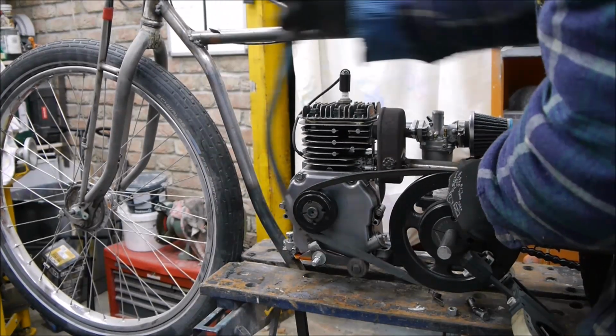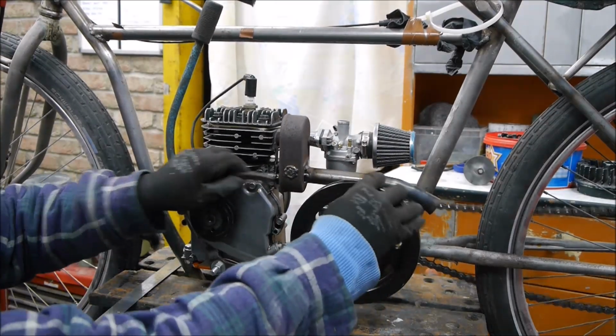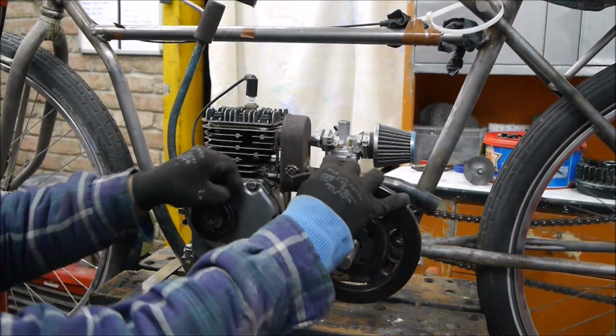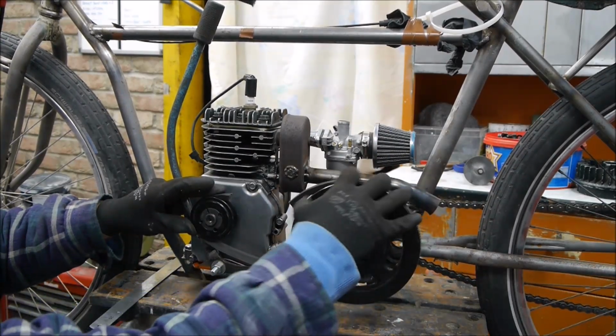So probably the next thing to do is bolt the engine down, and let's see where we go from there. So after playing around a little bit, I think what I need is a drive belt that's 100mm longer than what I currently have, which I don't know if you can see, probably can't because my arm's in the way. So I need to try and connect these belts up